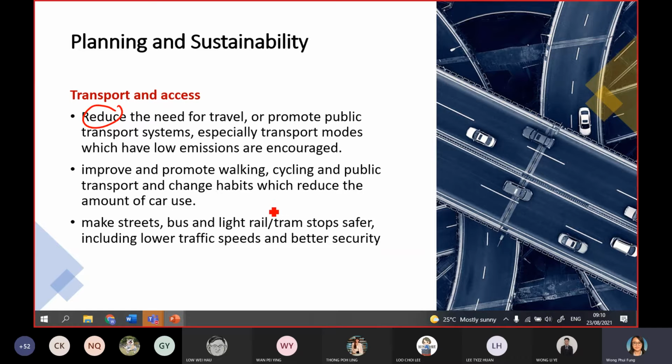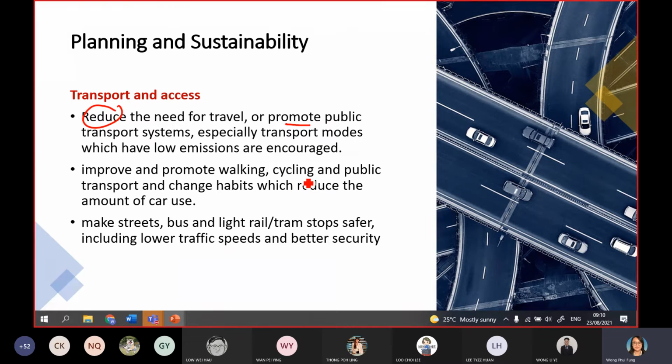The longer we are stuck, the higher the pollution. And we should promote the public transport system. So as I mentioned just now, TOD is one of the ways to encourage people, to give people a choice to take public transport. Personally, my house is just beside the LRT. So sometimes I did take the LRT to shopping malls, to some places. But of course now because of COVID, I'm scared, so that's why I didn't take it.